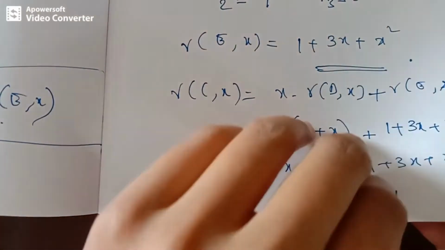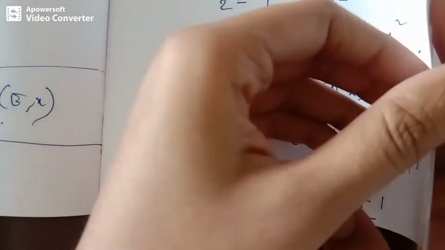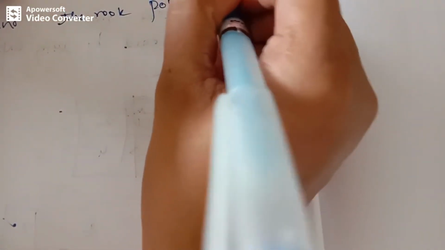Let's take another example for a 3 cross 3 board. Okay, this is also an important problem. We have solved for a 3 cross 3 board previously, however. So what we will do now is, let's write the question. Find the Rook's polynomial for a 3 cross 3 board by using the expansion formula.